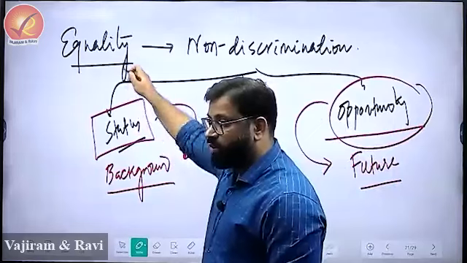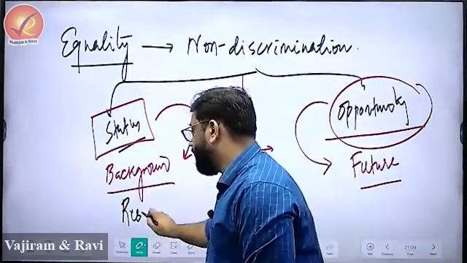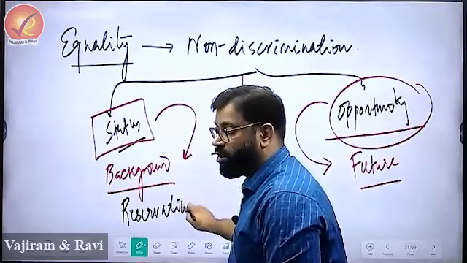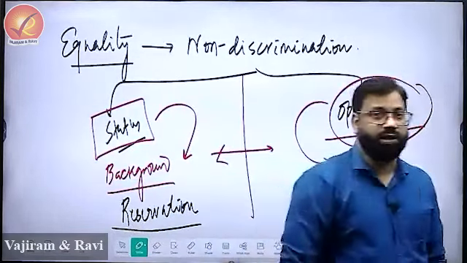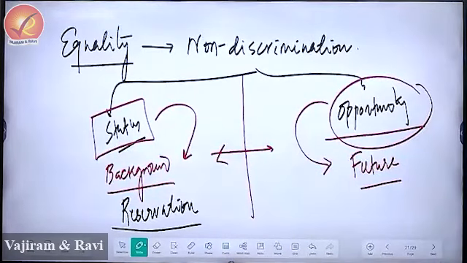From this equality of status comes the idea of reservation or positive discrimination that you will read in Fundamental Right chapter. Getting it? So from where you are getting that? It is equality of status, that even your background has to be considered, and it is not just about what is there in future. Getting it? See, that's why it is called as the finely worded document. You look at the placement, the choice of words, it is really great. Getting it? And the last of the terms is